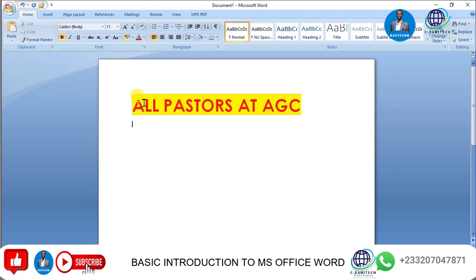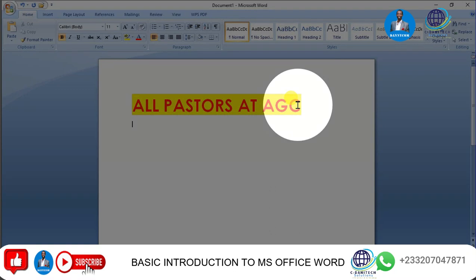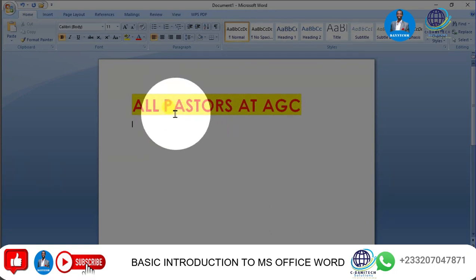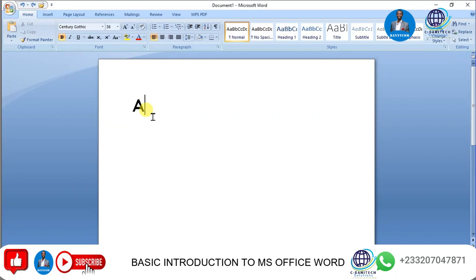So as you can see, this applies to the text and then this applies to the background. So depending on what you are doing and the color you want, then you decide whether you want it for the background or, let's say, for the text itself. Now the next thing that we will look at is, let's say we have this thing,